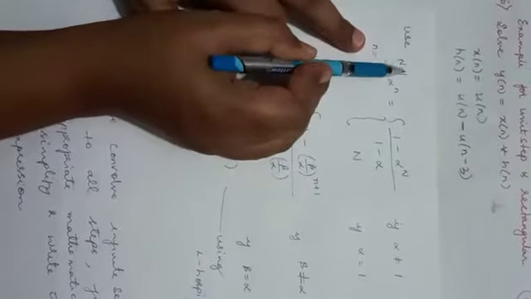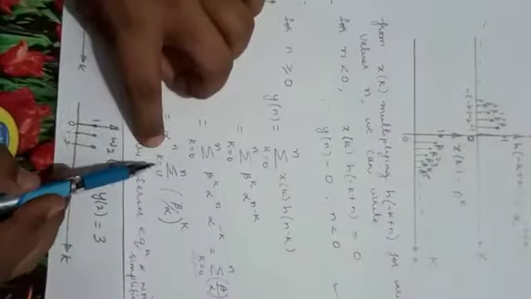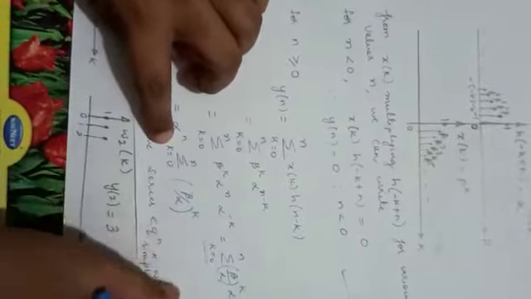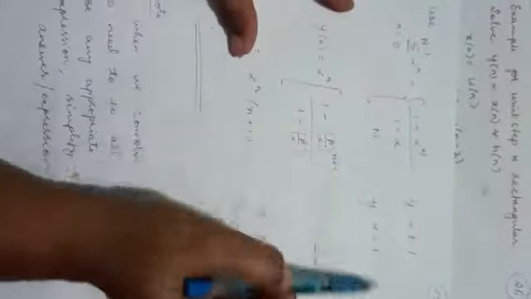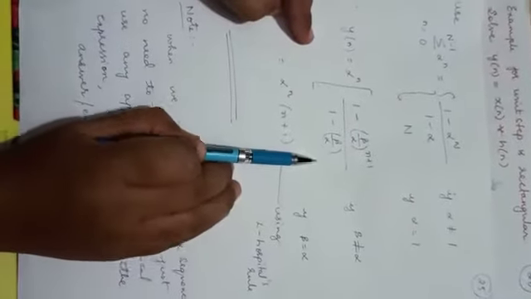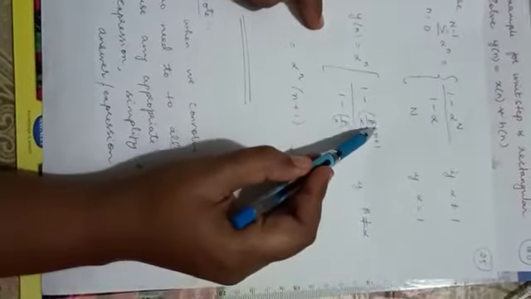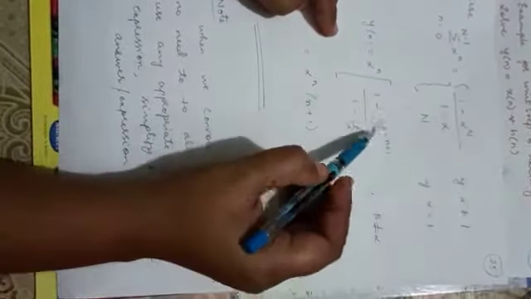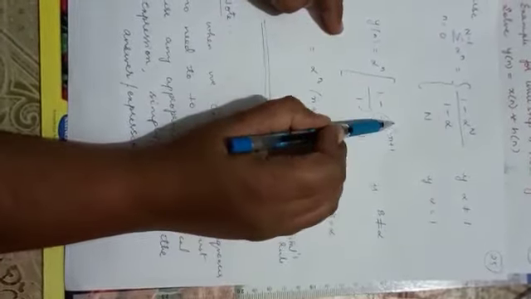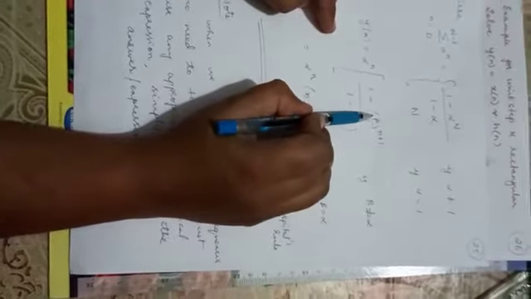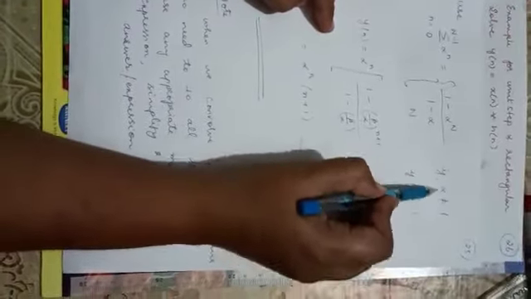Now to simplify this summation, I am using the geometric series and simplifying the expression. Again I am using this because it is from k equals 0 to some value, here from k equals 0 to n. So using this series I have simplified it. Here see the ratio, according to this it is beta by alpha. So this should be not equal to 1, or alpha should not be equal to beta.